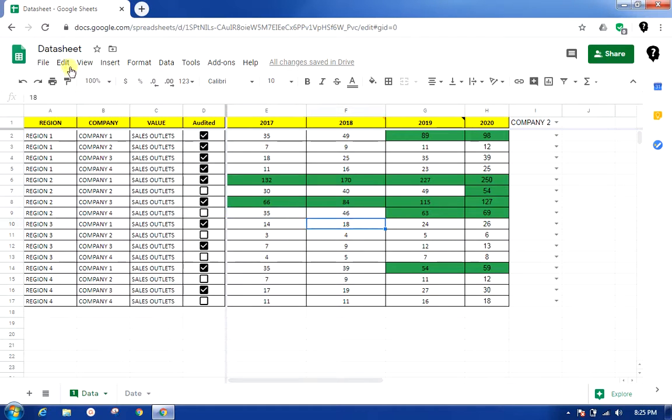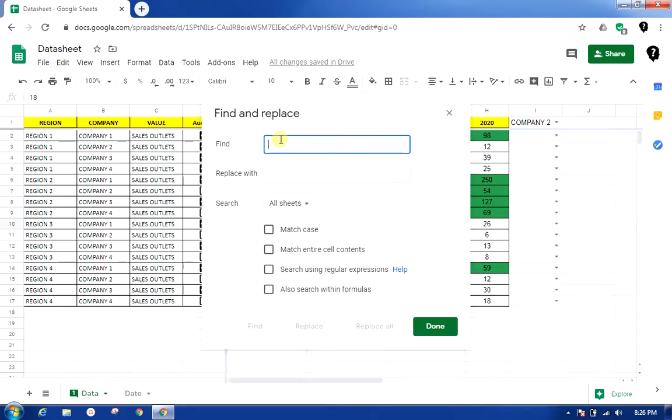Okay. So find and replace is nothing but your Control H command, in which you find a particular value, for example, company 1 and replace it with new comp 1. Okay. It will give us the options in this sheet, in all the sheets, or a specific range. So I'll just go ahead with this sheet only. Match case is basically to match the case of this find string. Search using regular expressions: if you have any expressions, we can search by those expressions as well, and also search within formulas.